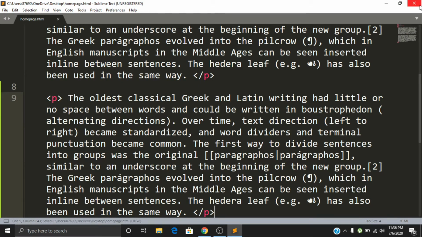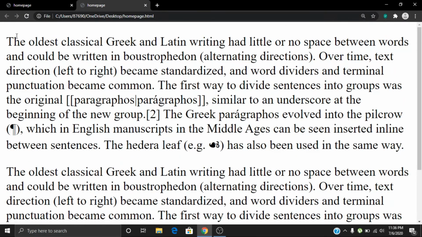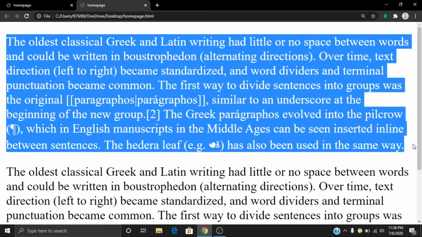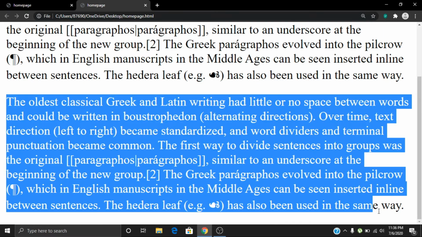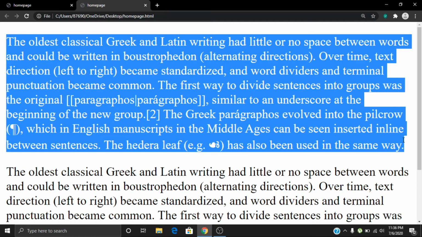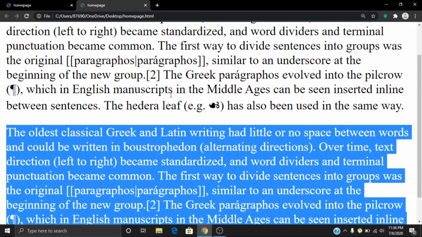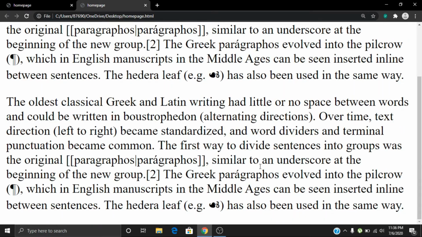Saving it and opening it again. So this is how they are aligned, the first paragraph and the second paragraph. It is beneficial to use paragraph tags while writing a paragraph so that they can be aligned easily.